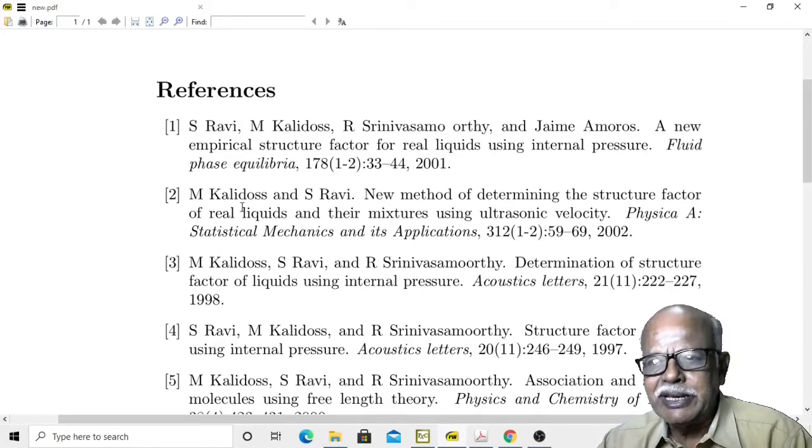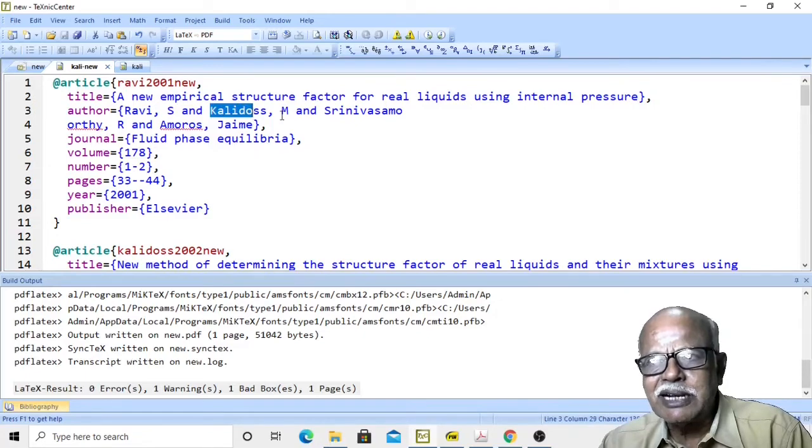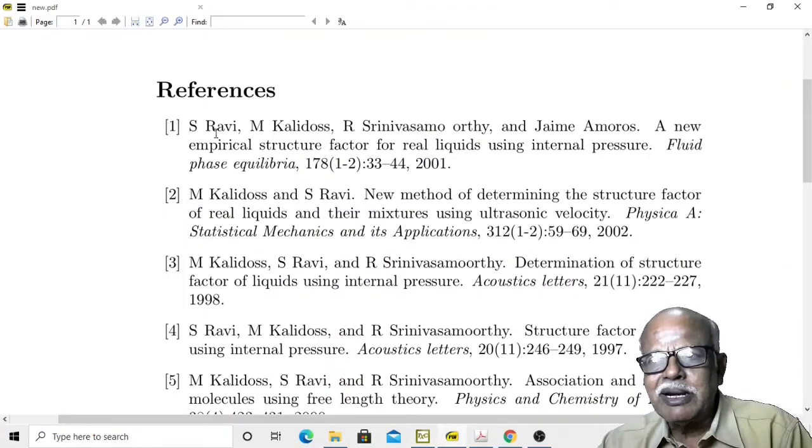You find here in the bibliography file, surname is given and then the initial or the first name. Kalidas is given first and then M. But in the output, you find the initial or first name is given first and then the surname, and so on. Similarly for all the authors.